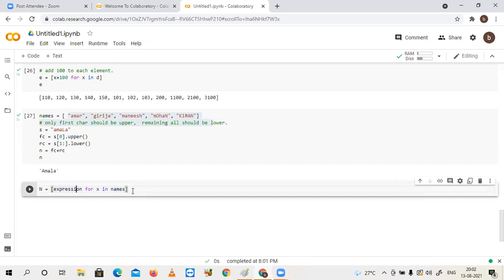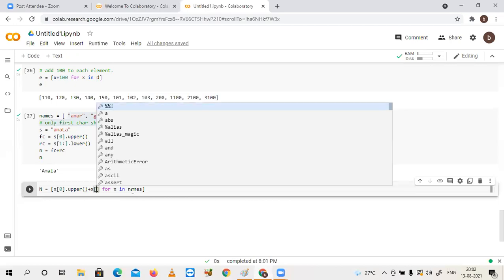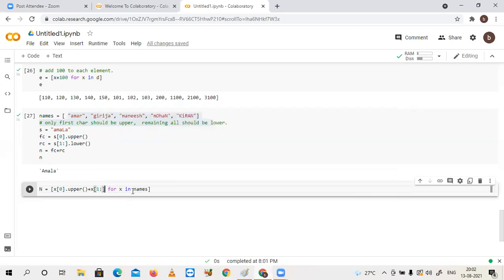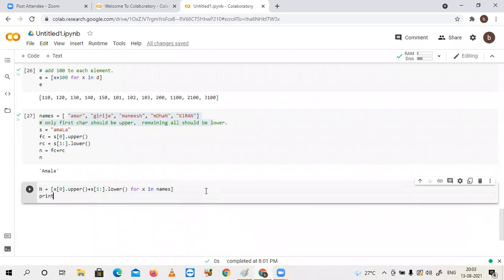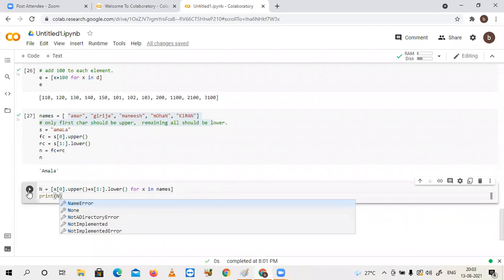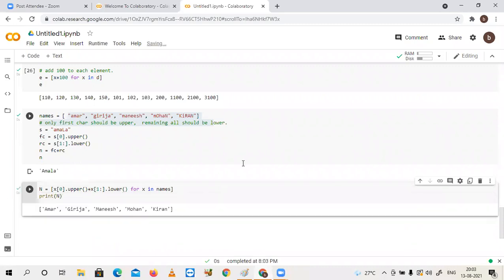In the place of the expression, take the first character, x of 0 dot upper, plus x of 1 colon, which takes all the remaining characters, dot lower. Now check all these things, capital N. Correct?